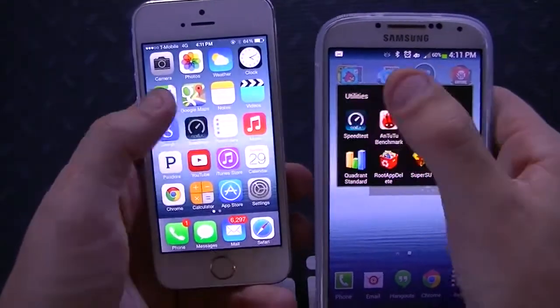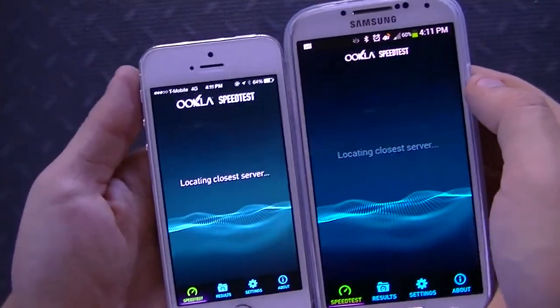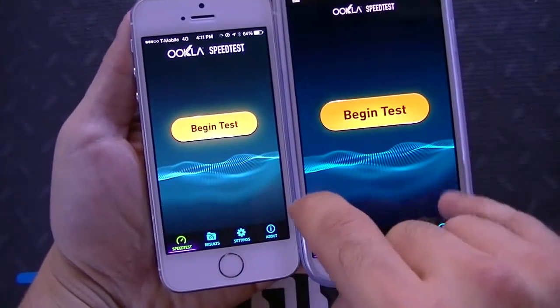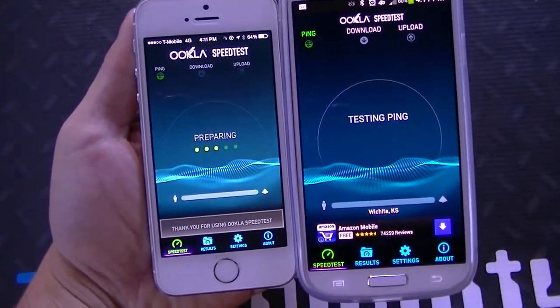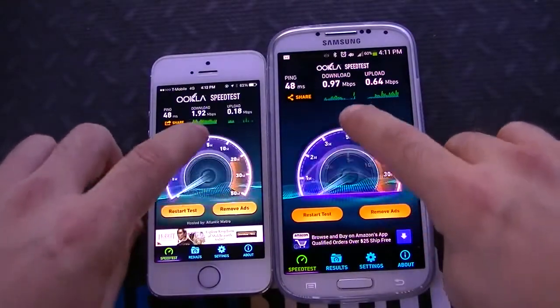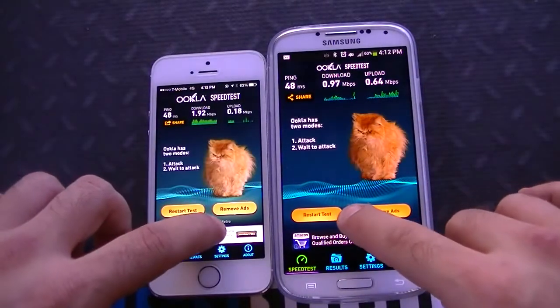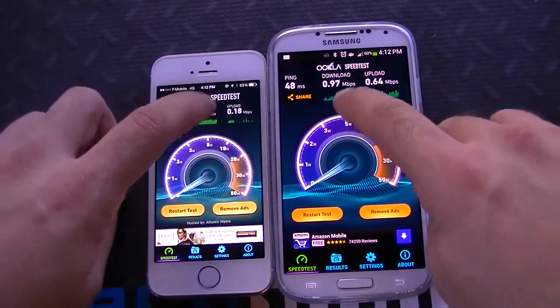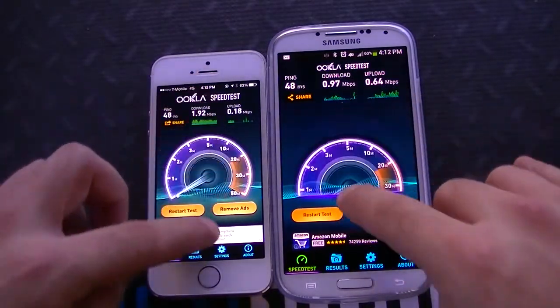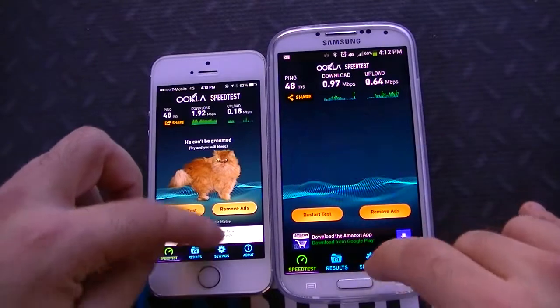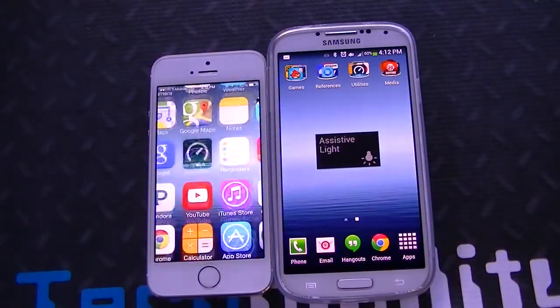If you want to go ahead and look at speed test on both, run a speed test here, right? Why not? Both on the same network. You can see right here I could just do this and some weird thing happens. Yeah, I wasn't aware of that, so that's something new, I suppose. Keep doing it. Okay, let's exit out.